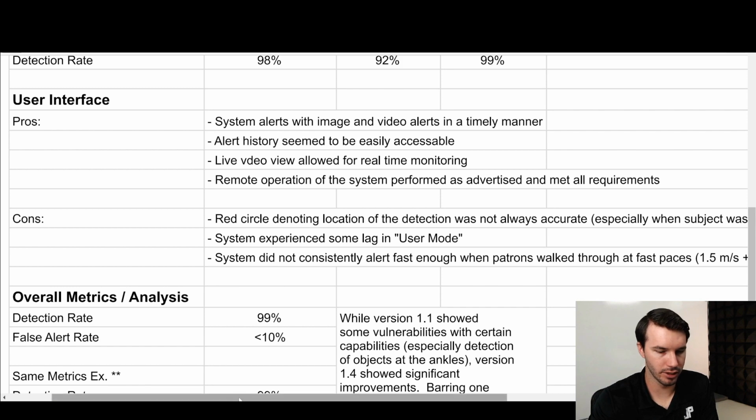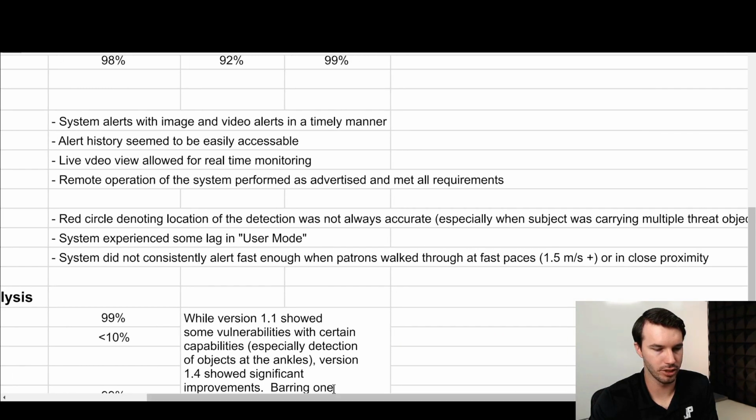And the last con there that I do want to mention here is that the system did not consistently alert fast enough when patrons were walking at fast paces, which I touched on earlier. Fast paces, kind of how they defined those, was about 1.5 meters per second. The average person walks, it seems, around 1.3 meters per second. I think it's probably even a little bit slower if you have ticketing right in front of this area where